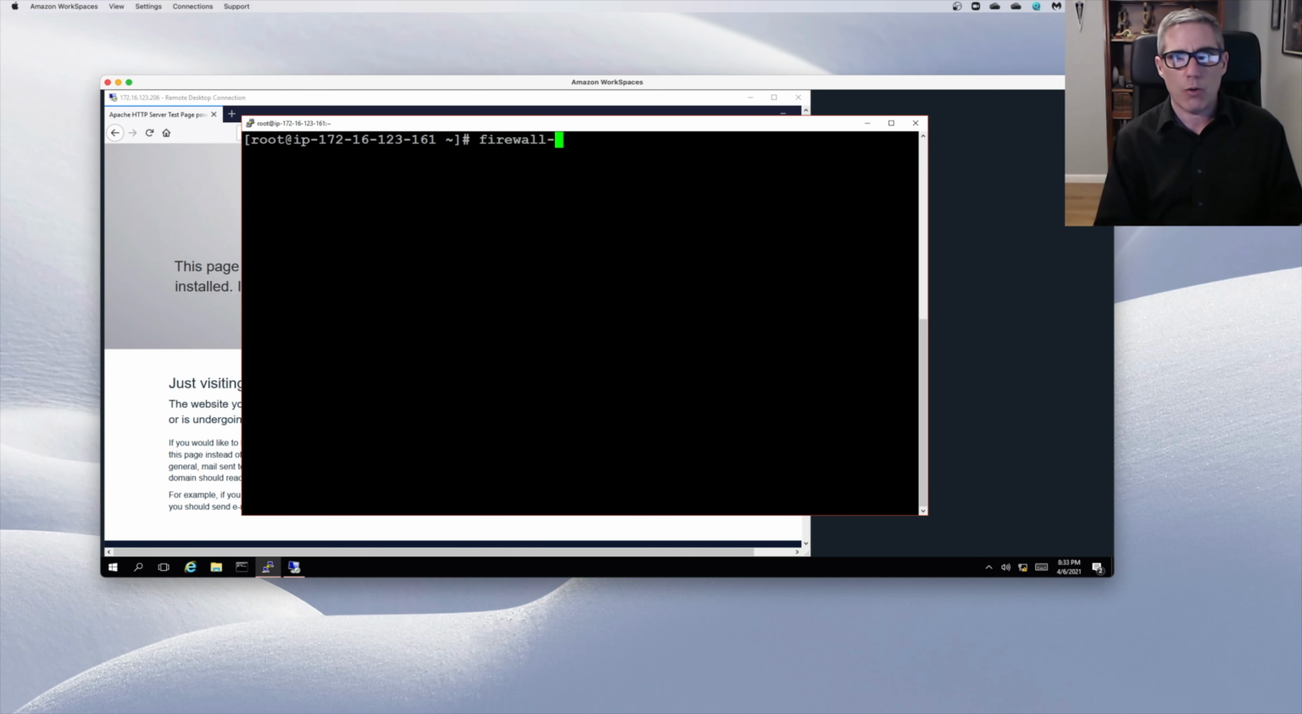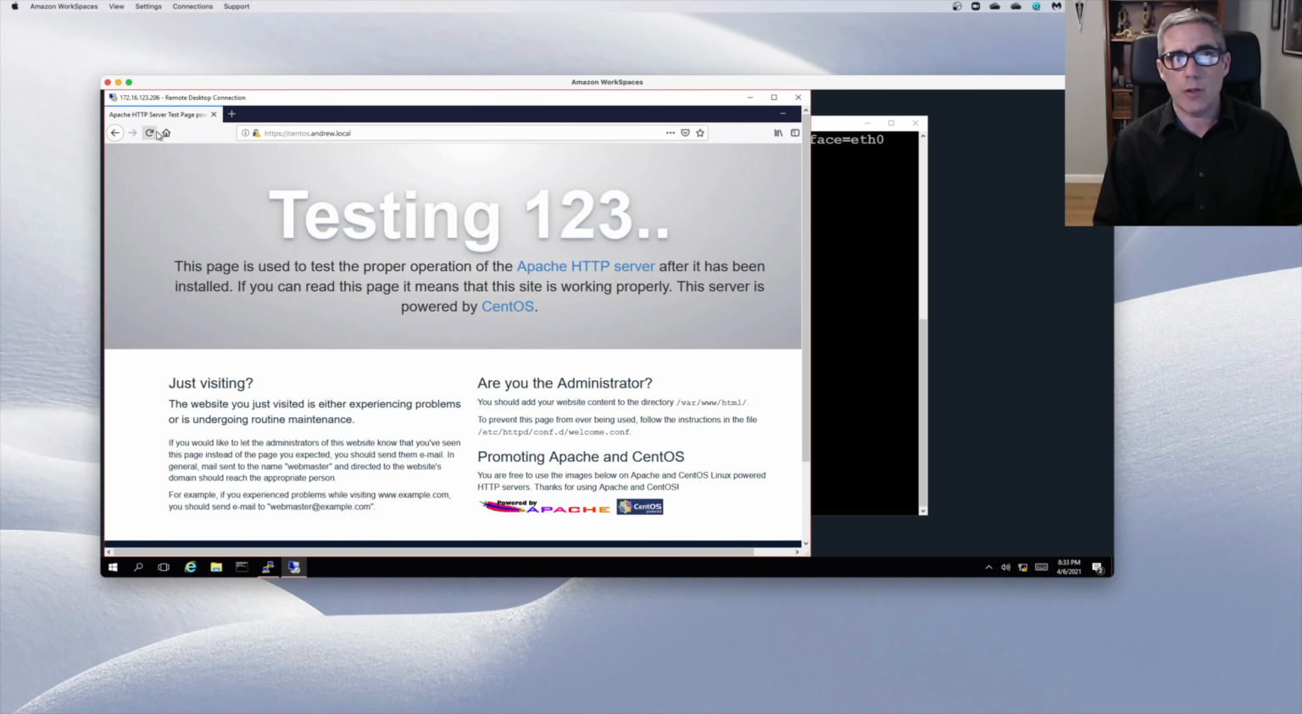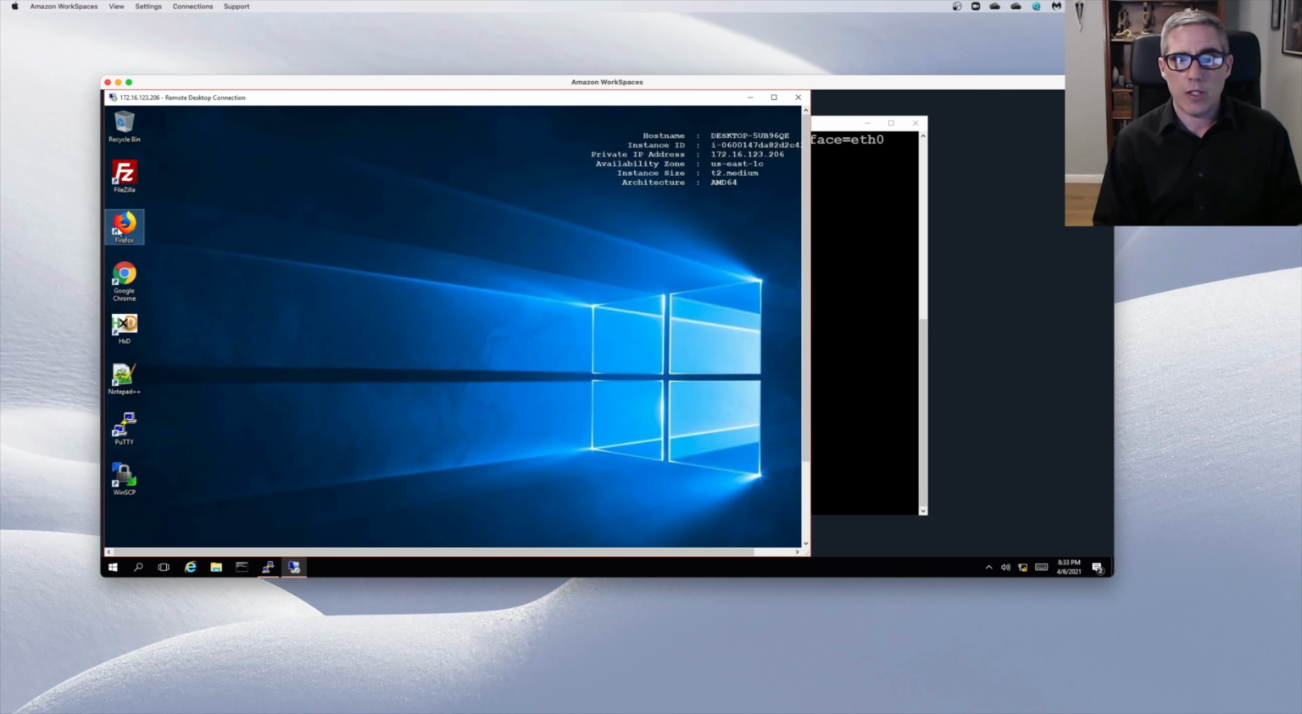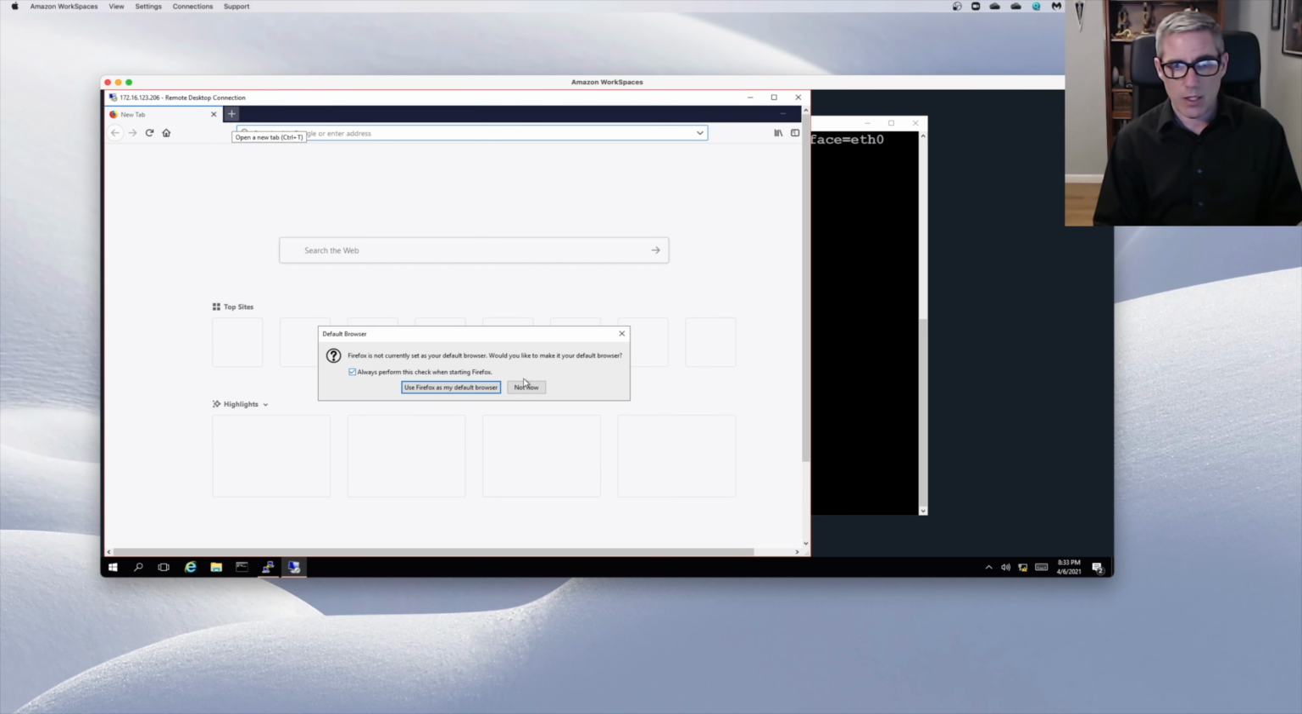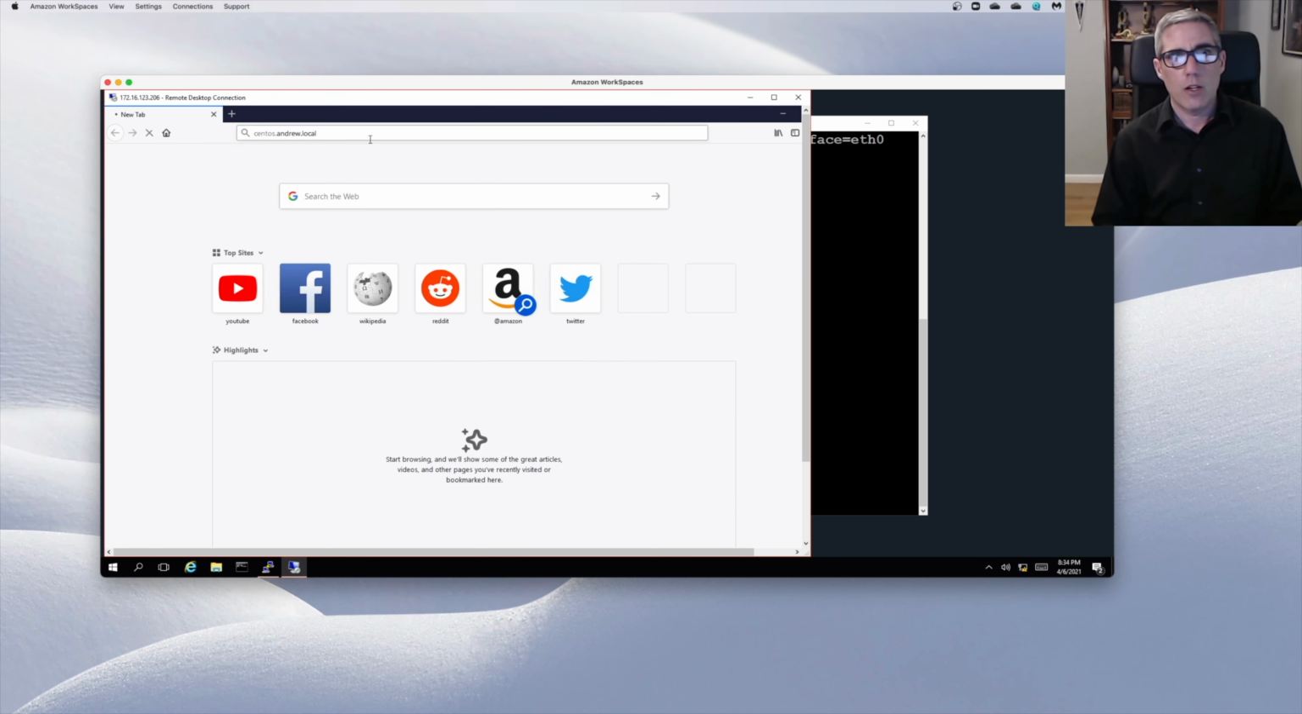So if I run firewall-cmd --zone=home --change-interface=eth0. Now, success. Now if I go back here, HTTP wasn't listed on that, so, just so it's more visible, I'll close it and reopen it, and you can see that when I go there, once again